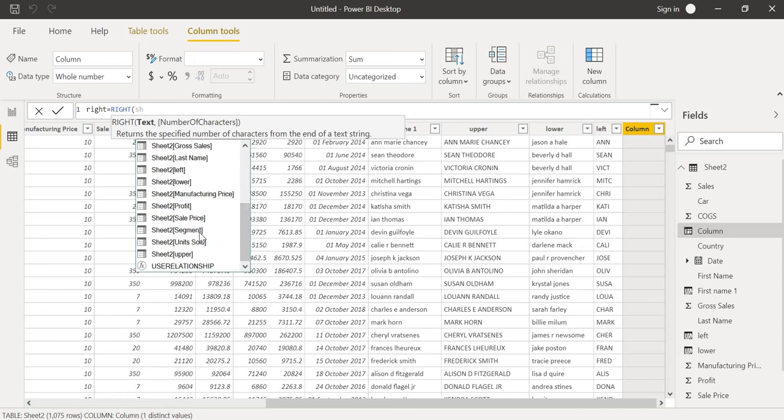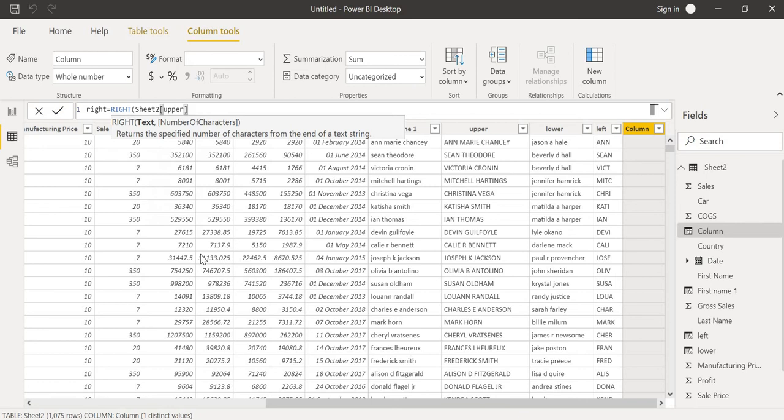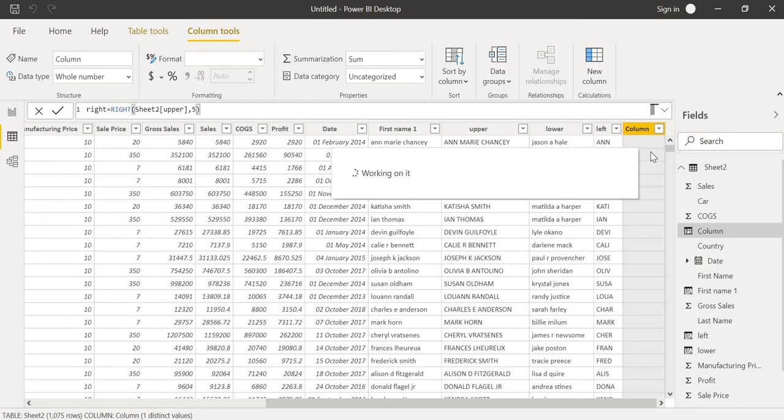Selecting uppercase. I'm entering 5 characters, the last 5 characters.